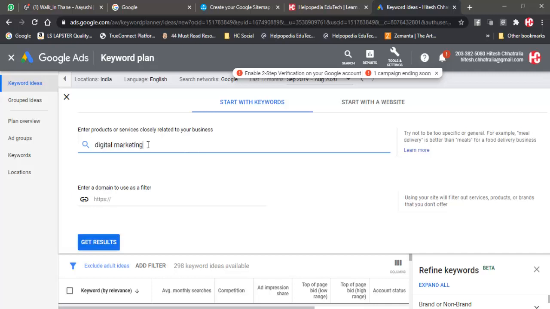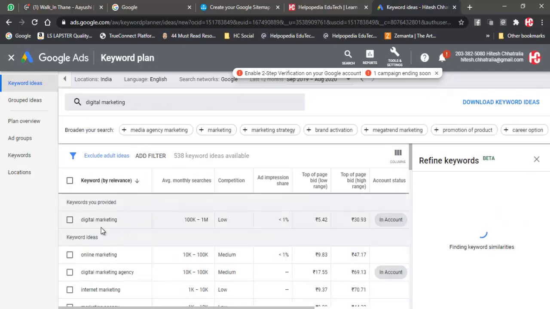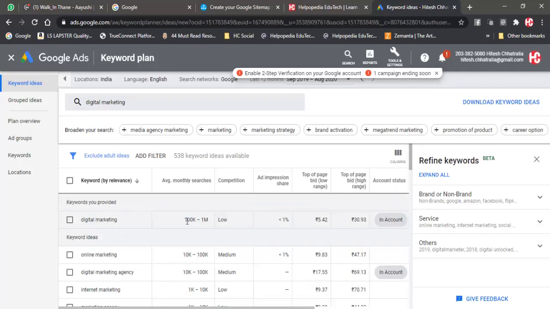digital marketing. So now over here you can see digital marketing, 1 lakh to 10 lakhs, 100,000 to 1 million, that is 1 lakh to 10 lakh people are searching. So if 10 lakh people are searching, then I have a very good chance that I can use this keyword in my content, and when this content is coming up, people are searching, then my website can also come up in search engines.